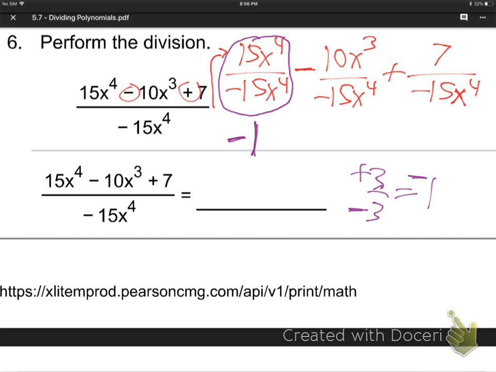Next, what are you going to do? Now, how do the signs work? The sign that's down here in the bottom, on a fraction, a minus sign on top, bottom, or front, is all the same thing. So these two minuses basically get together. They're really the same as a plus, don't they? Does that make sense? Those two minuses. It doesn't matter that one's in the bottom, one's in the front, whatever. They're all in the same world. Two minuses make a plus. And then I'm erasing that 1 there. What do we do with 10 over 15? What goes into 10 and 15? 5. So I divide by 5,